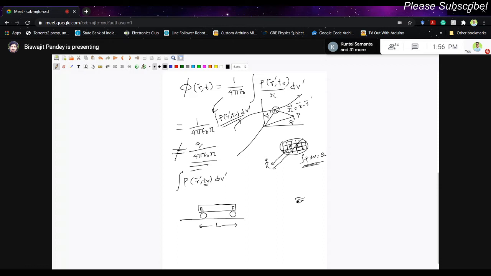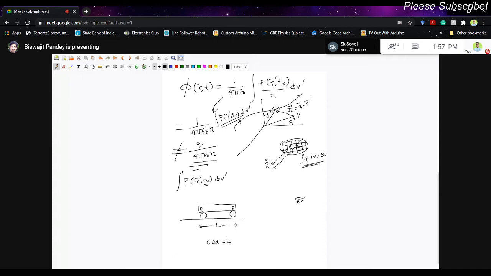So you may think that there should be some time lag. We know the length L and the speed of light is c. So suppose there is a time lag of delta t. How much is delta t? You may think that it will be L by c, because c delta t must be equal to L, if delta t is the time lag between the two light rays arriving at the observer from the back and the front end of the train. That we can agree. But wait, see here what is happening.